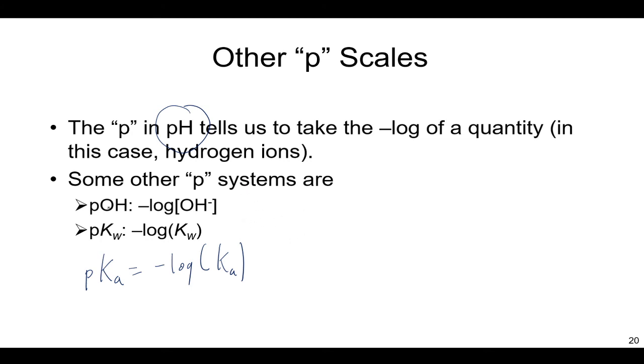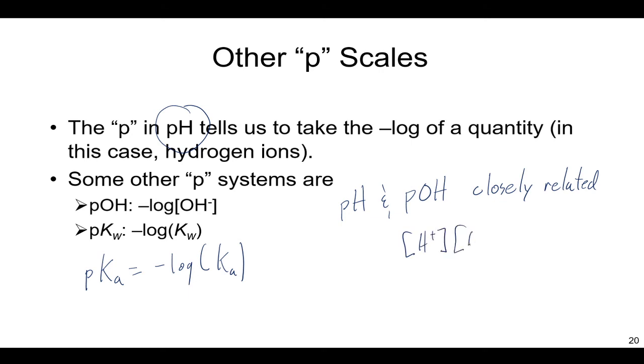Now, pH and pOH should be closely related. And they should be closely related because we know that they both come from concentrations of H plus and OH minus, and we know H plus and OH minus multiplied together, right? 1 times 10 to the negative 14, that's our Kw. So we can mathematically derive this relationship